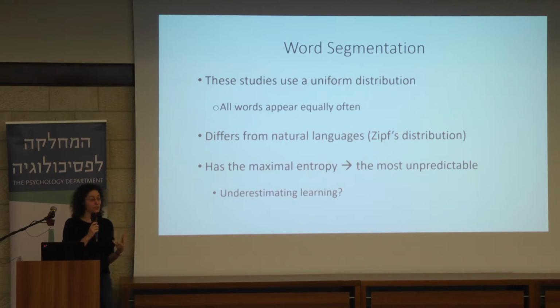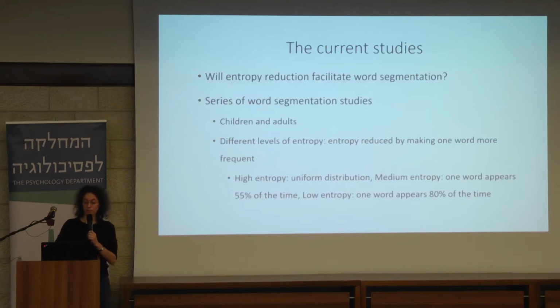And what we found interesting is that all of these studies use a uniform distribution. So all the words appear equally often, even though this differs dramatically from how words are distributed in language, and even though it has the maximal entropy. So it is the least predictable environment. Okay? So what we wanted to ask was whether, if we reduce entropy by changing that distribution, we can facilitate